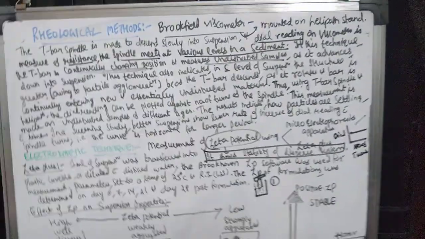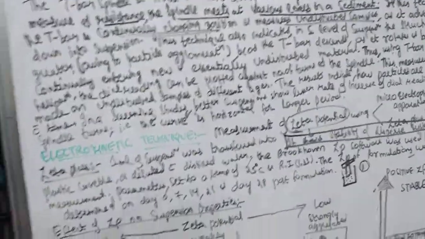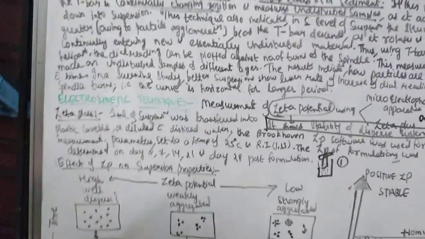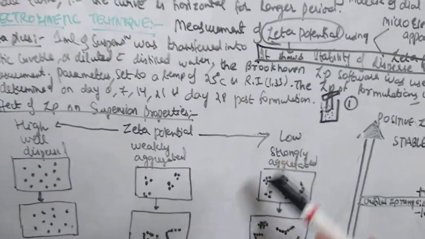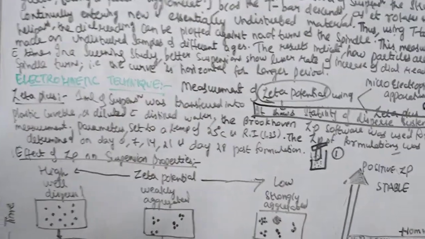Suspensions and emulsions you have already studied in your pharmaceutics. So just you have to study here in detail, and you should know the reason for each and every behavior, how it happens. For example, zeta potential, if it is low, how it affects, what it affects. If zeta potential is high, how it affects, what it affects, and what are the stability changes that occur over a period of time. All that you should be able to understand.